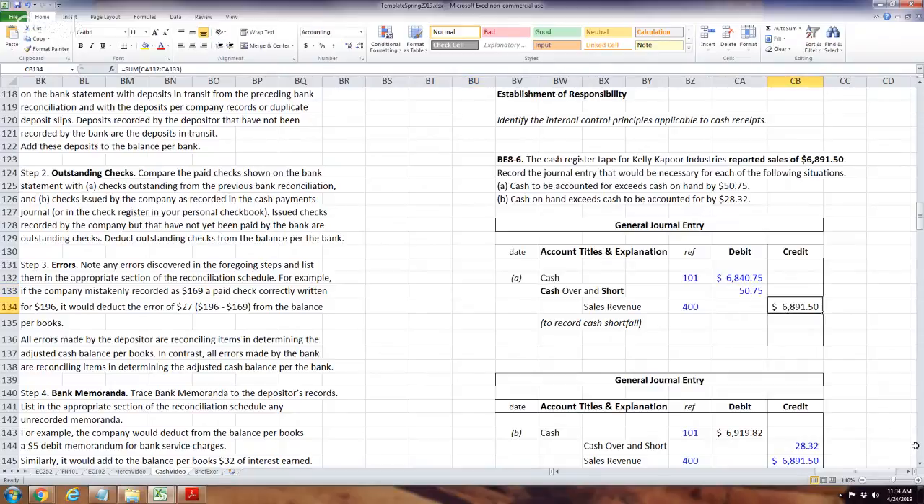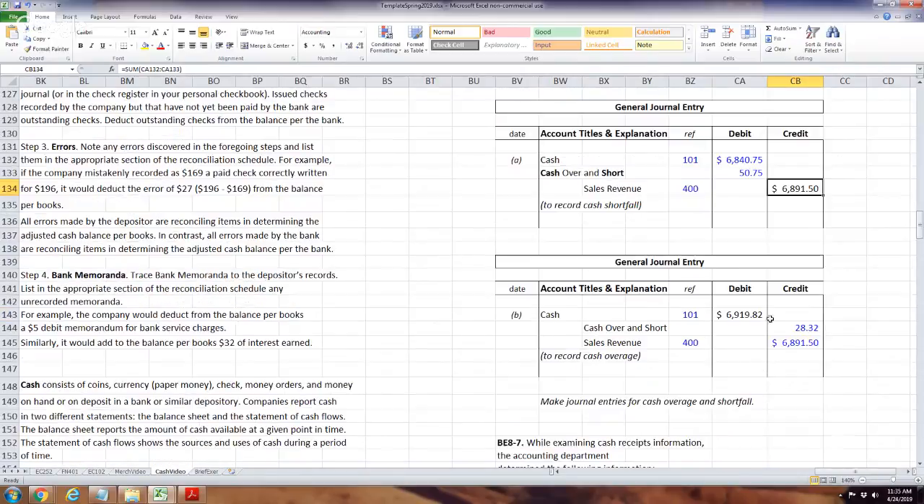You can see the shortfall plus the physical number add up to what the electronic record should be. And you've got to figure out what happened. Did somebody skim $50? That's what this is. And look at this, this is the debit side for the short. Here's cash over